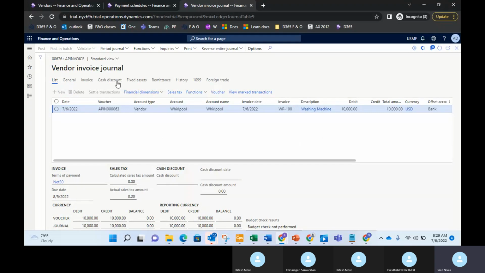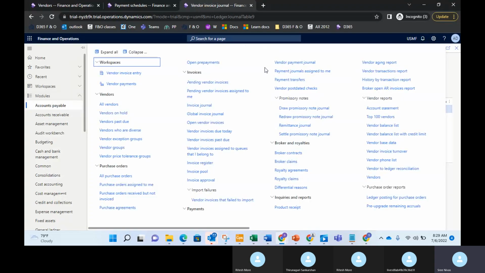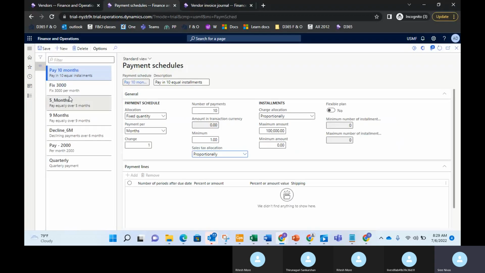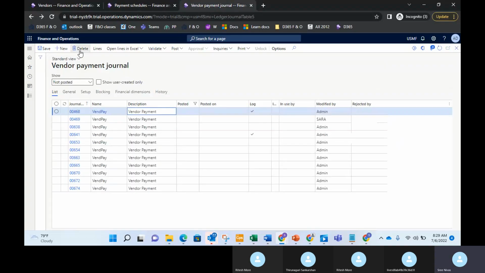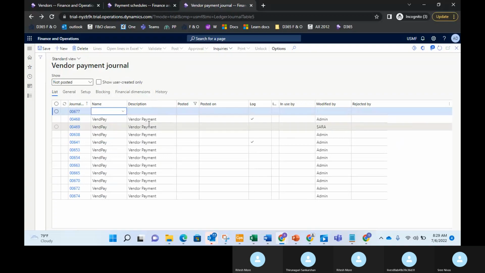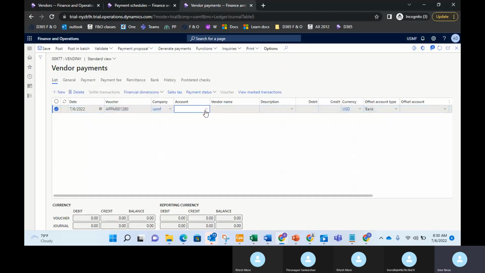Okay, so we have created one invoice. We'll also create one more invoice, that is for the next payment schedule we want to apply. Fixed 3,000, right? So to make it easy, let me also give the vendor description here, that is fixed 3,000 payment schedule. So it will help you to find this particular invoice whenever you see the report. It will be easy. And then we'll go to here. We'll select now it as a